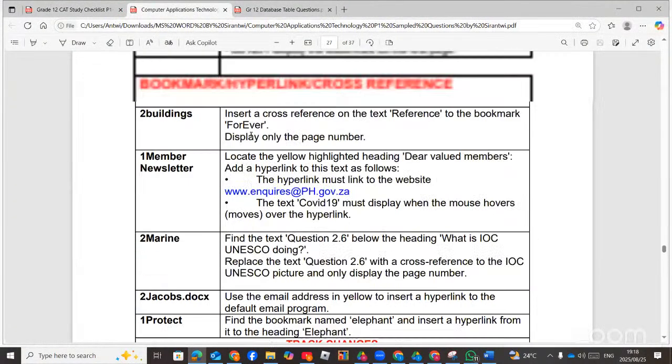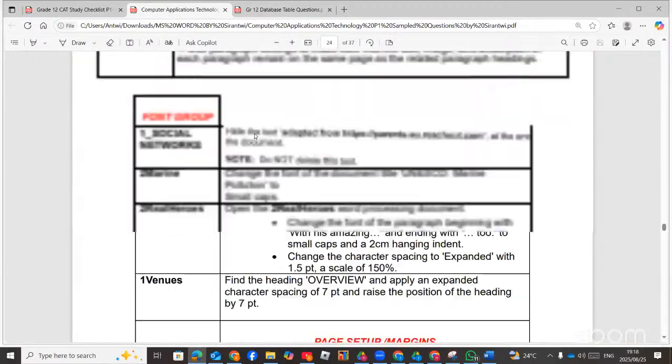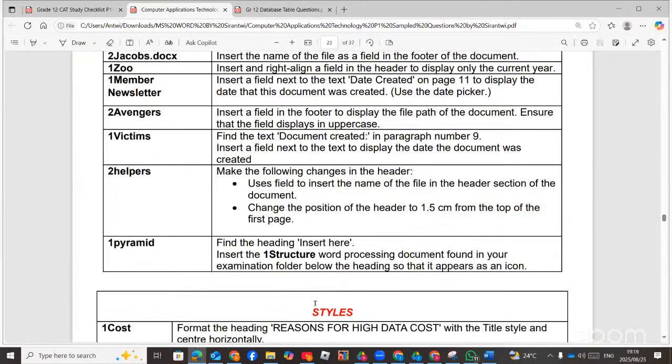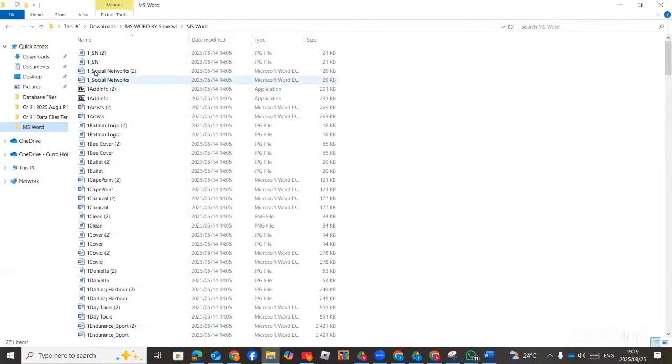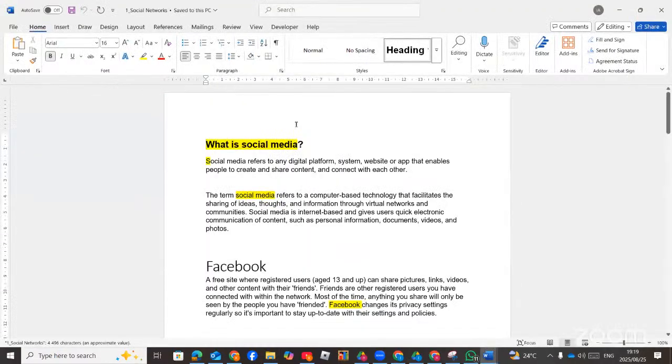So this is the Microsoft Word one, which you can go through all of them. I want to just open one, social network, and then I'll go through all of them. I will summarize what you should know regarding the Microsoft Word. Right. I'll first start with the basics. Like I said, the font. Now, let's say what is social media. I want to change this font. Now, when you go to